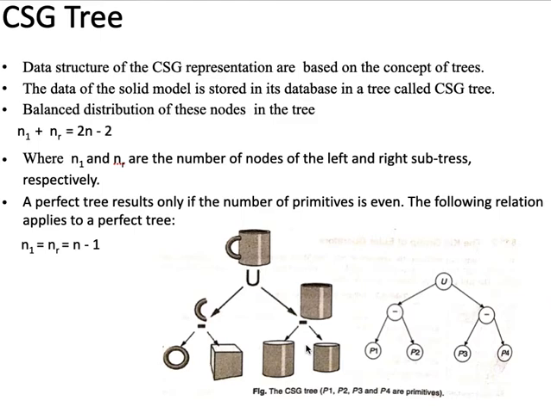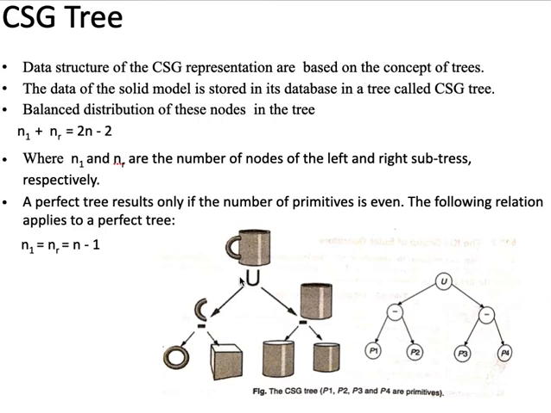The total number of nodes in the CSG tree of a given solid is directly related to the number of primitives that the solid is decomposed into. The number of primitives automatically decides the number of Boolean operations required to construct the solid. If the solid has n primitives, then there are n minus 1 Boolean operations, for a total of 2n minus 1